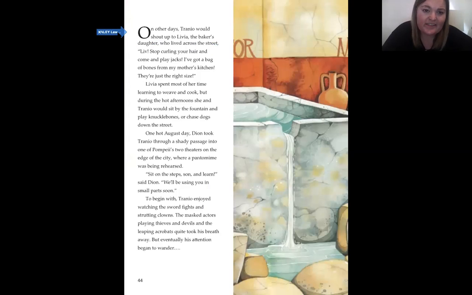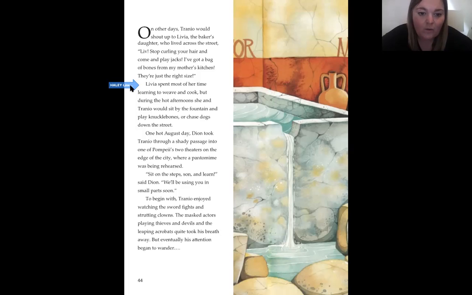On other days, Tranio would shout up to Livia, the baker's daughter who lived across the street. "Liv, stop curling your hair and come and play jacks. I've got a bag of bones from my mother's kitchen. They're just the right size." Livia spent most of her time learning to weave and cook. But during the hot afternoons, she and Tranio would sit by the fountain and play knucklebones or chase dogs down